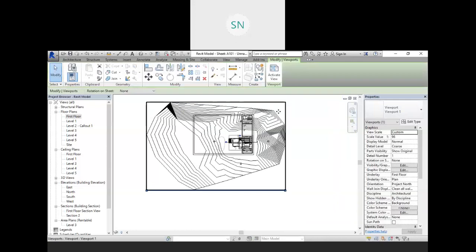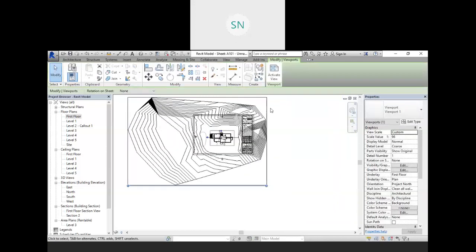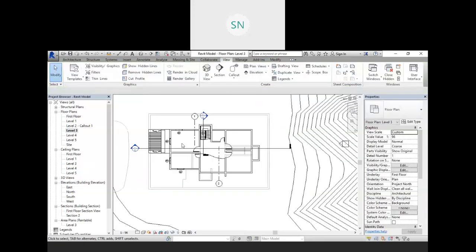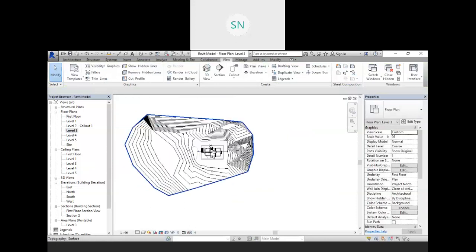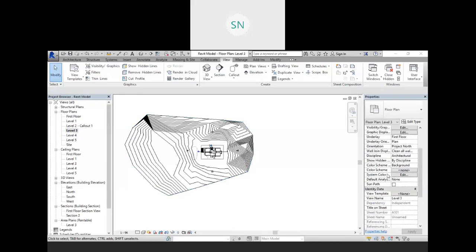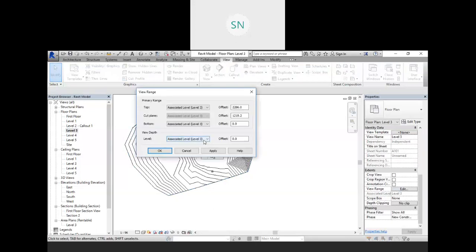But it's quite a big one. So what we need to do, go to the level 3, and whatever setting you are going to do over here will be there. So first of all, for the level 3 we will set our view range, associate with level 3.